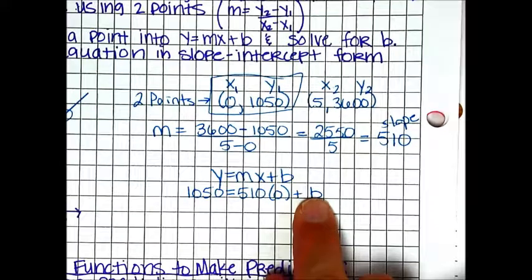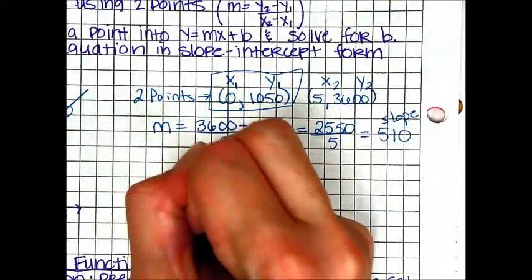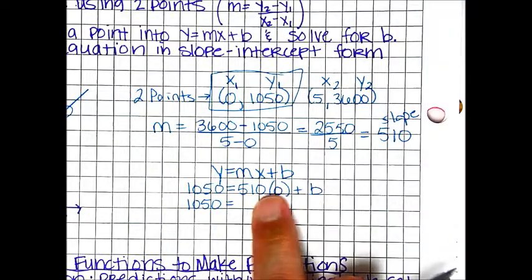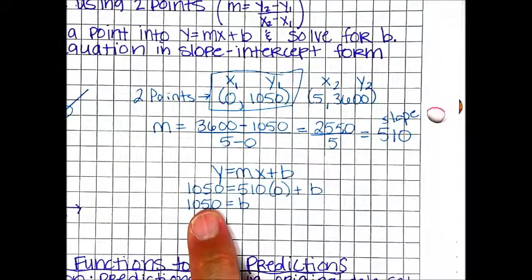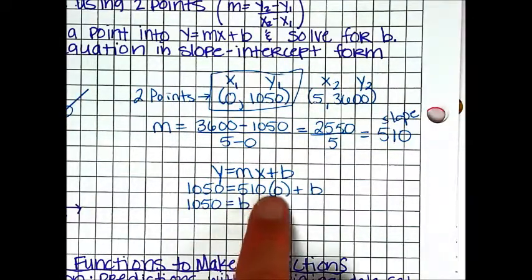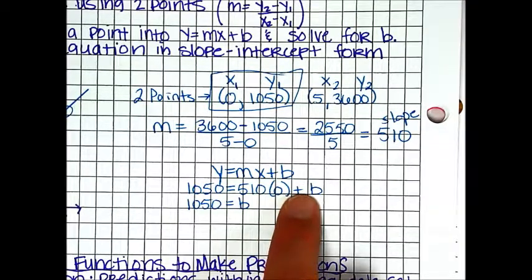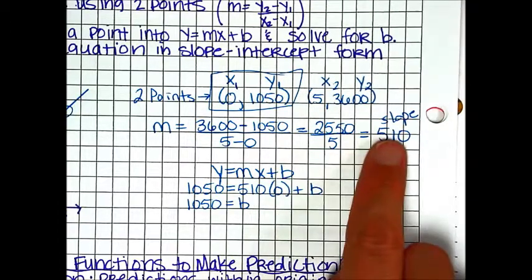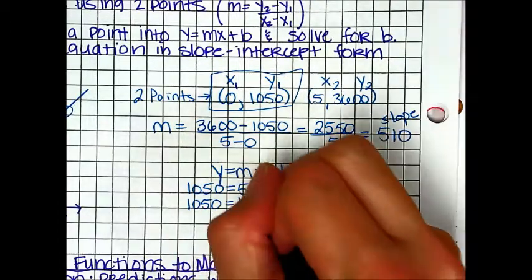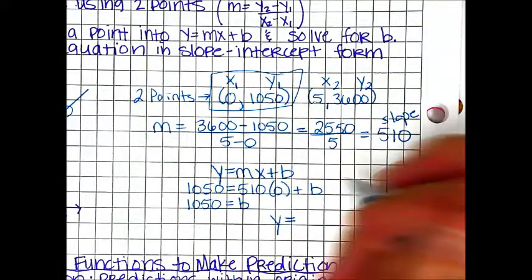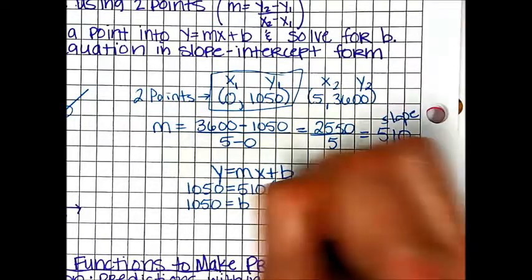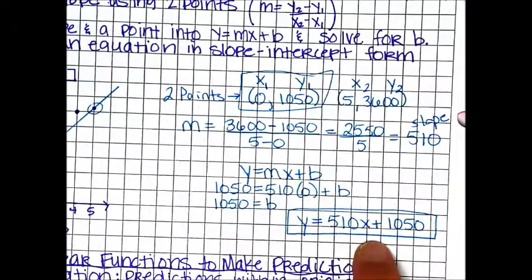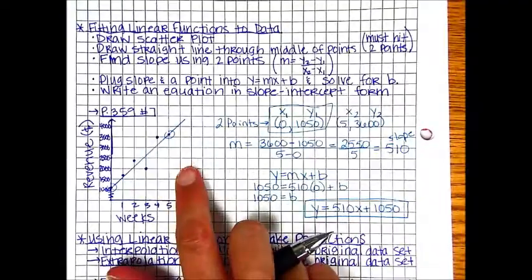So we would now need to solve for b. The reason I liked the 0 we chose is 510 times 0 is 0. And 0 plus b is just b. So b equals 1050. Now sometimes that won't happen. Like if this multiplied out to something, then you would need to subtract it from 1050 to finish solving for b, just like solving a regular equation. But here you have your slope, you have your y-intercept, so putting it all together in an equation would be y equals 510x plus 1050, and that is the equation for the line of fit that we drew for this